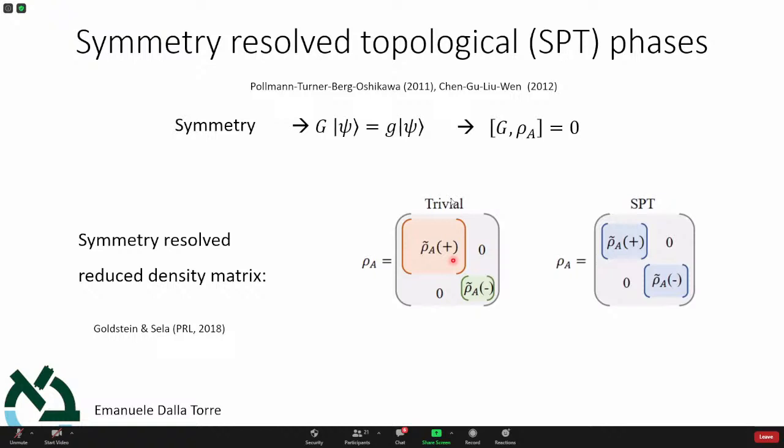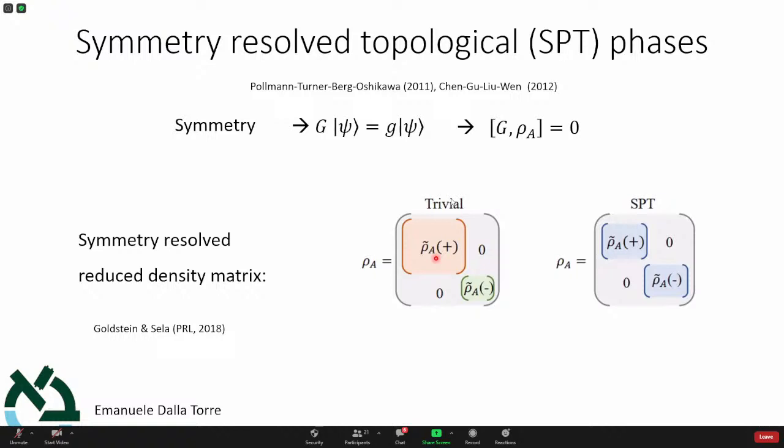However, the subsystem is block diagonal. So there are no off-diagonal terms. There is no way to create a particle out of nothing. So the subsystem will have a well-defined number of particles. I don't know what it is. It is in a mixture of many different values. I can find 48, 49, 50, but I cannot find the superposition of 48 and 49. That's the idea. When I integrate out part of the system, I will get different possible numbers of particles, but it will not give a superposition of having 0 plus 1 particle. That will not happen. That's just the definition of a symmetry.